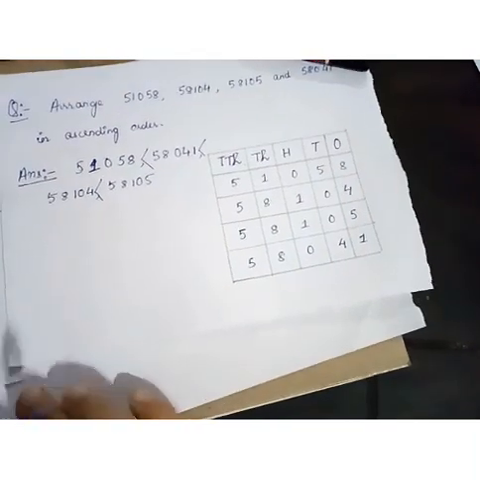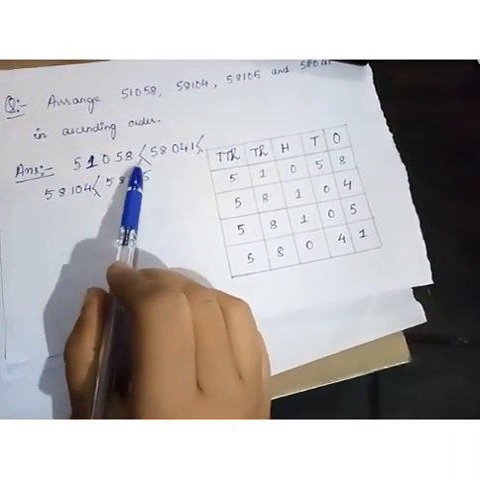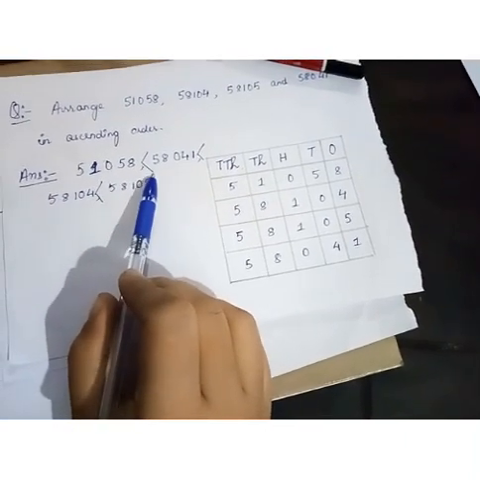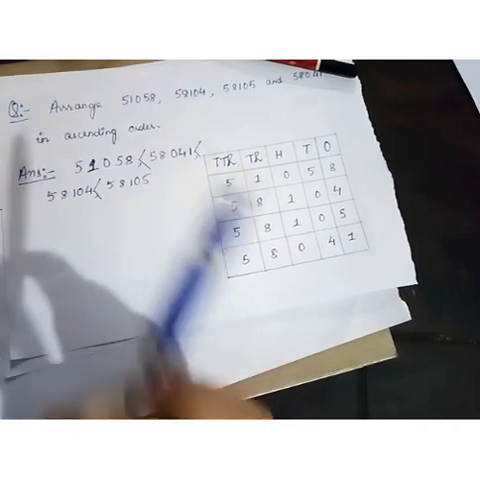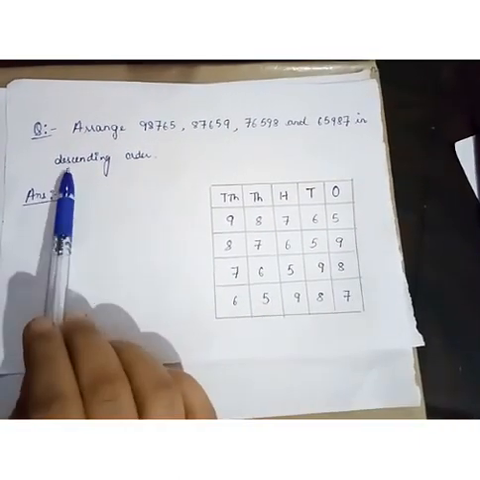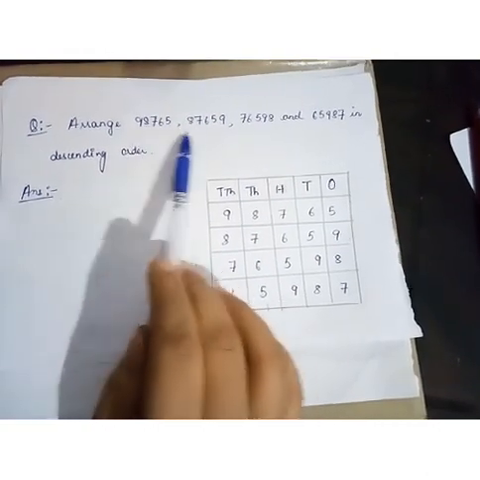Alright, you can put the sign or you can give a comma, whichever you want to do. Either you can put the comma or you can put the smaller sign. This is how we arrange in ascending order. The next is an example of descending order, similar to ascending order, and I have taken here